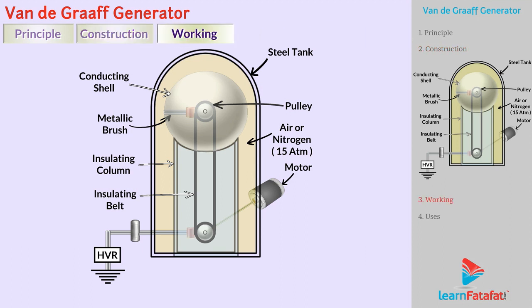Working of the Van de Graaff generator. The insulating belt is continuously rotating over the two pulleys. Charges coming from the source are constantly sprayed by the metallic brush on the insulating belt. These charges get carried to the metallic brush at the top. This brush collects the charge and transfers it to the conducting shell. The charge is uniformly distributed over the outer surface of the conducting shell. Such constant accumulation of charge builds up voltages near 6 to 8 million volts with respect to ground.